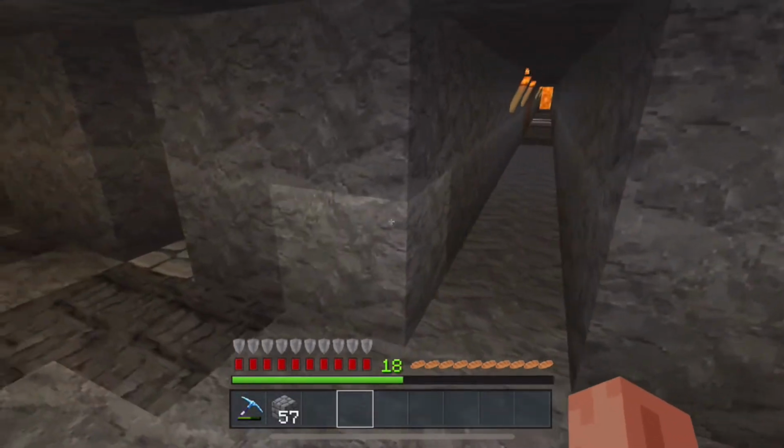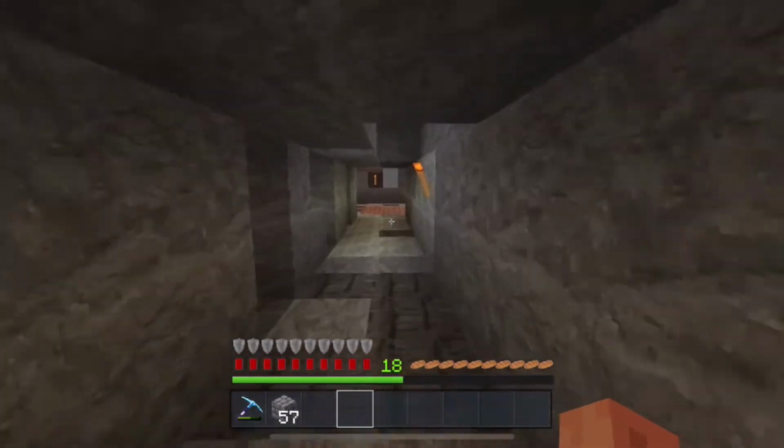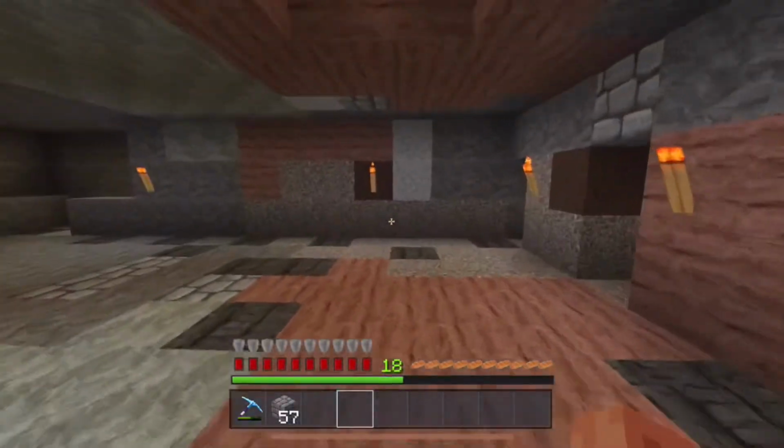That way, you actually manage to see every single block that you mine against, so you won't miss any materials